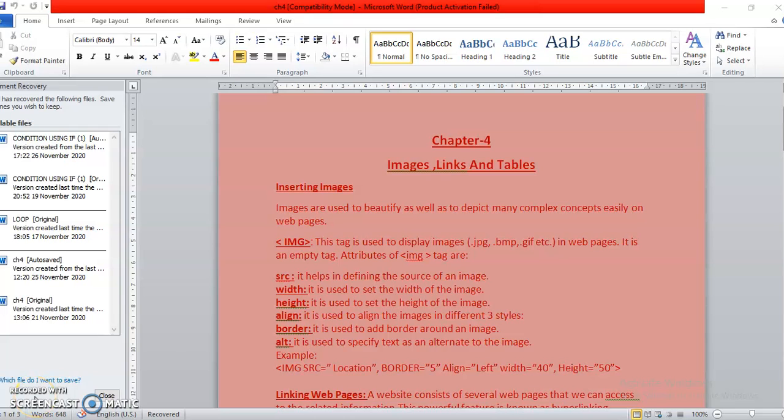Hello students, today we will start chapter number 4. The name of chapter number 4 is Images, Links and Tables. In this chapter we will learn how to insert inline images and how to insert images as a background